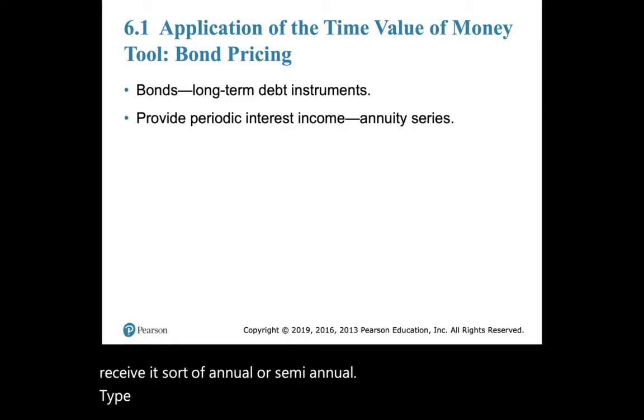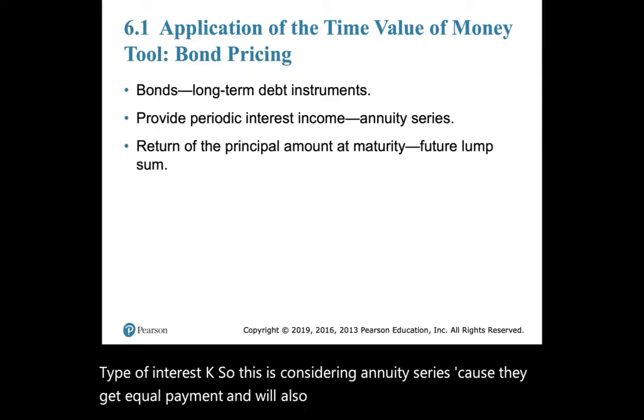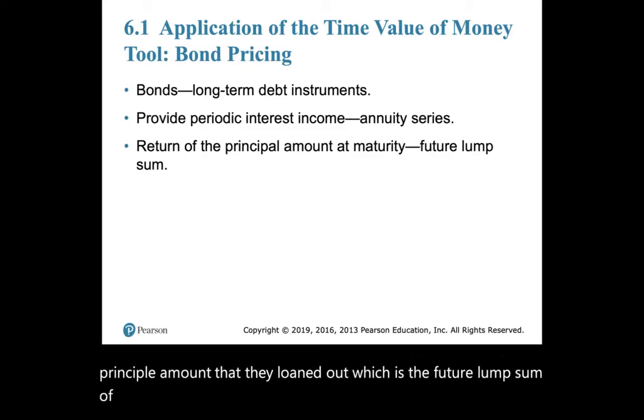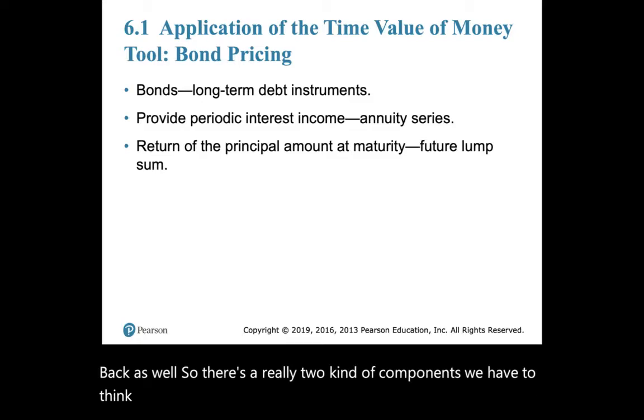Okay, so this is considered an annuity series because they get equal payments. And they'll also receive a return on that principal amount that they loaned out, which is the future lump sum of the bond. So when the bond expires or matures, we'll receive that back as well. So those are really two components we have to think about when we're dealing with